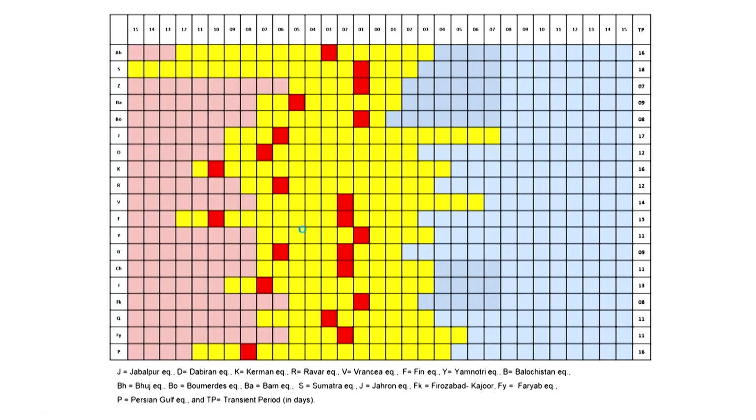This is a sort of summary here. The important point to note is that the 0000 column shows the day when the earthquake occurred, and these are on, you can say, the y axis of this table. You are seeing different earthquakes which have occurred. They are given in very abbreviated forms and details are at the bottom. Like in the case of the Bhuj earthquake, the anomaly was observed 3 days before. In the case of the Sumatra earthquake or Jarand earthquake, the anomaly was observed 1 day before.